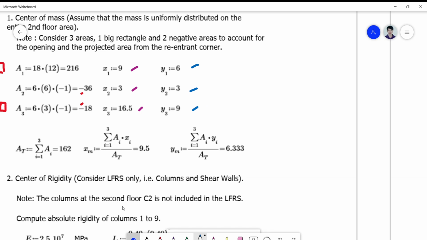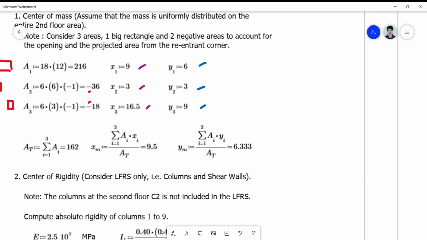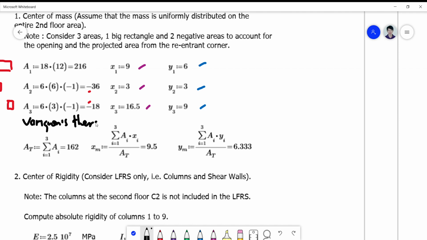So all we have to do now is to make use of Varignon's theorem, summing up forces or area. The area multiplied by the xi divided by the total area gives you your xm, and the area multiplied by yi over the total area gives you the ym. So the total area here, of course, you can simply add or subtract these two from 216, you get